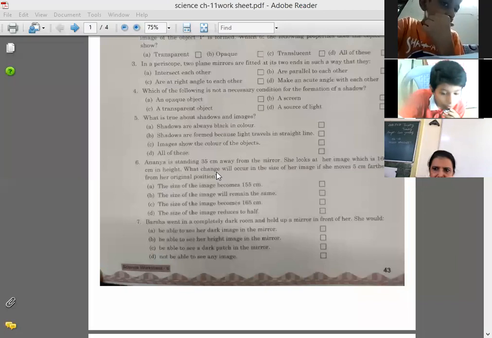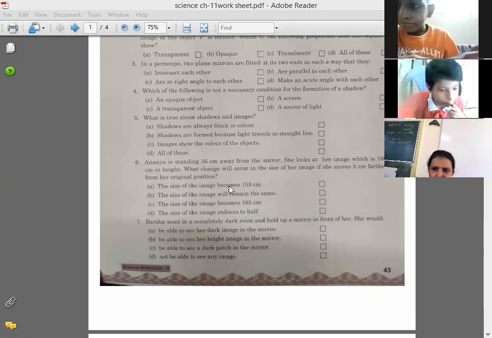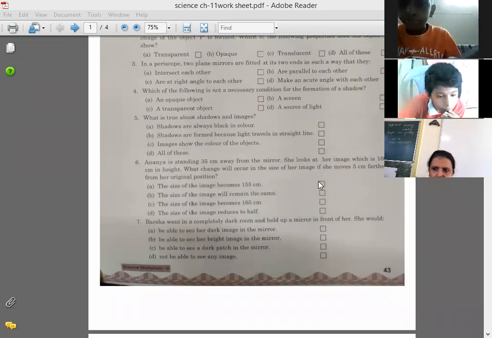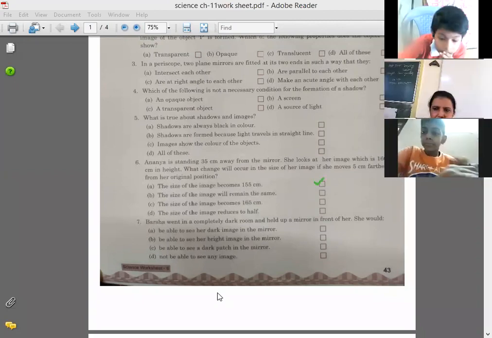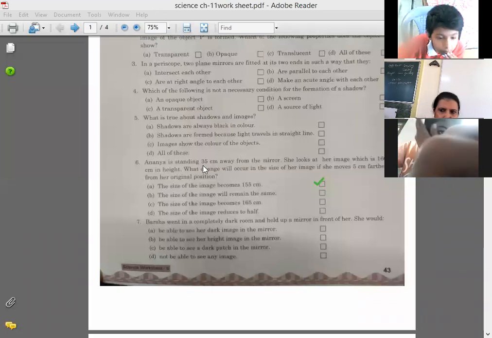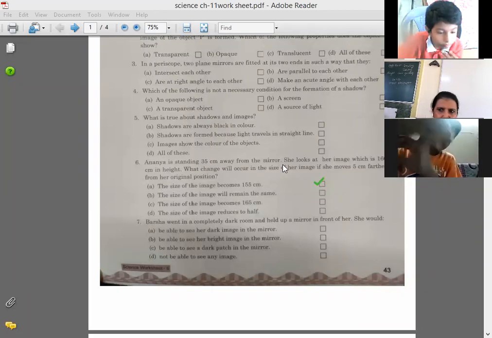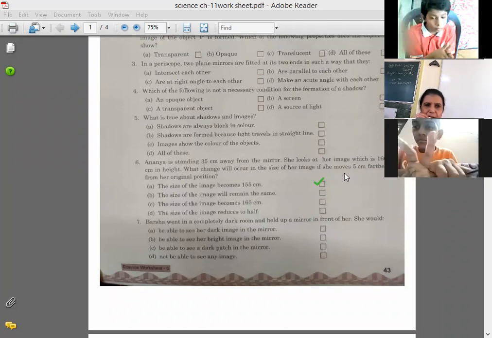Children, this is an activity where she is standing in front of the mirror. The size of the image becomes 155, remains the same, or... Children, kindly give the answer only when it is asked. Raise your hands. First of all, try to understand the situation. Ananya is standing 35 centimeter away from the mirror and the height of her image is 160.